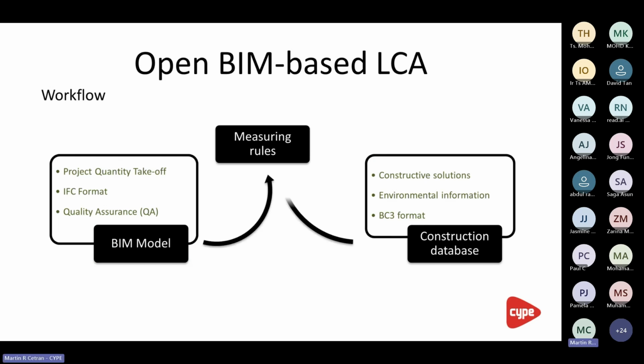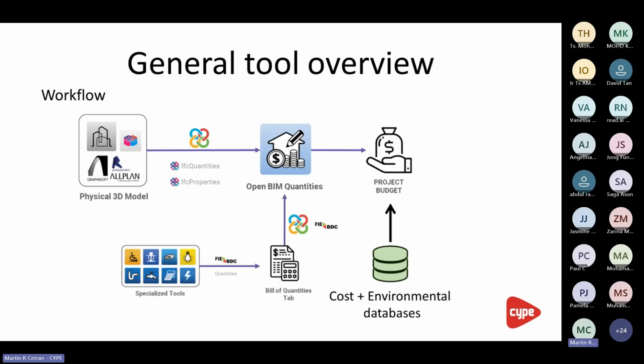Well, the idea is that we introduce in the BIM, in the process of measurement rules and the construction database, the data of those constructive solutions related with the environment, right? Specifically, if we add not only codes but environmental information in the databases, all this automation we're achieving for the pricing process, we are also achieving for the management of the sustainability information. It's a complete upgrade. We no longer have to manually be measuring everything twice